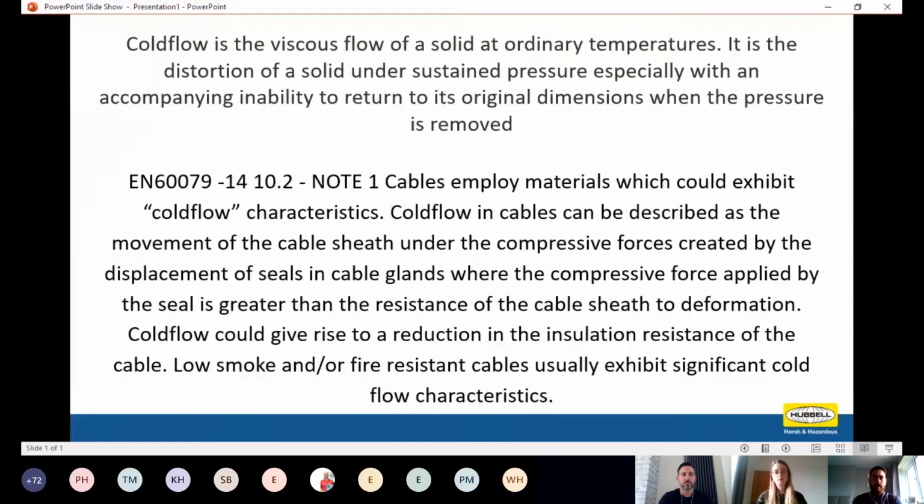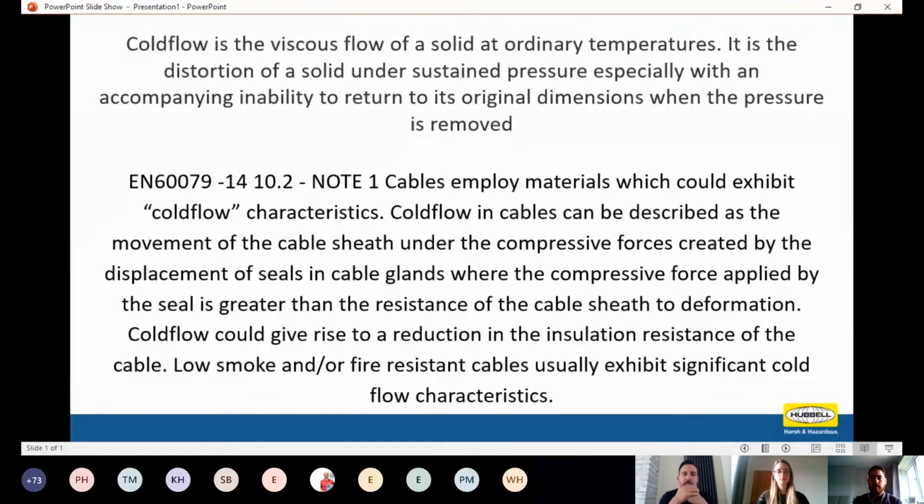So essentially that's saying that if pressure is applied to something like a cable, when the pressure is removed, it will not come back to its original state. Essentially that's something that we call, what's the word? Compression set is what I'm trying to get to. Yeah, exactly. So compression set is where it will possibly flow back to its original state and dimensions. Now, if we take the wording from